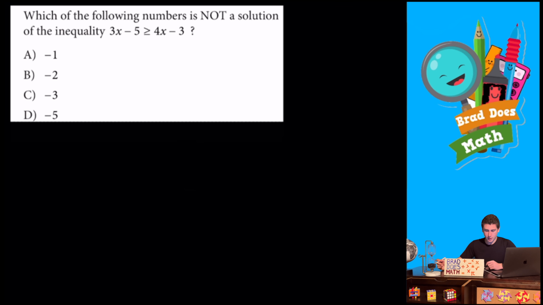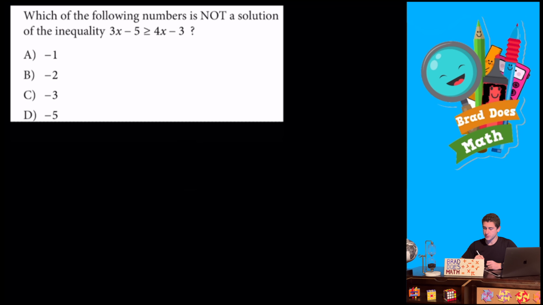Alrighty, moving on. Which of the following numbers is not a solution of the inequality? So, could you subtract the 3x on both sides and then add 3 and manipulate this equation to isolate x? Sure, and you can get an answer that way. Or you could plug in the answer choices, especially if you have a calculator, and see if we get a